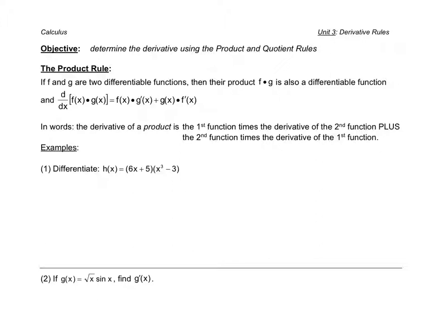The first function, the first part of the product. The second function would be the second factor in the product, the second part of the product. So if I'm going to differentiate using the product rule, and again, differentiate is just another word for derivative, I'm going to take my first function and leave it exactly as it is. Then I'm going to multiply by the derivative of the second function,